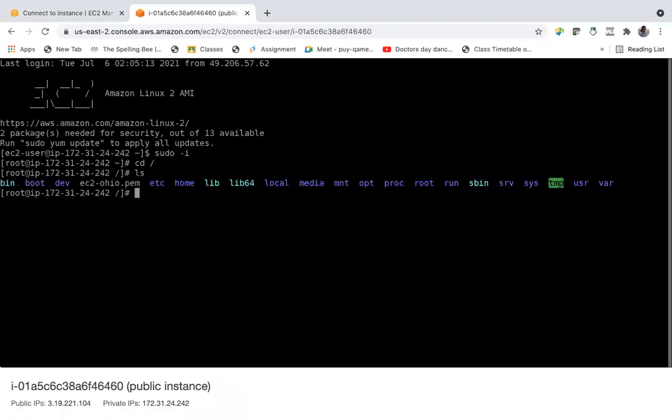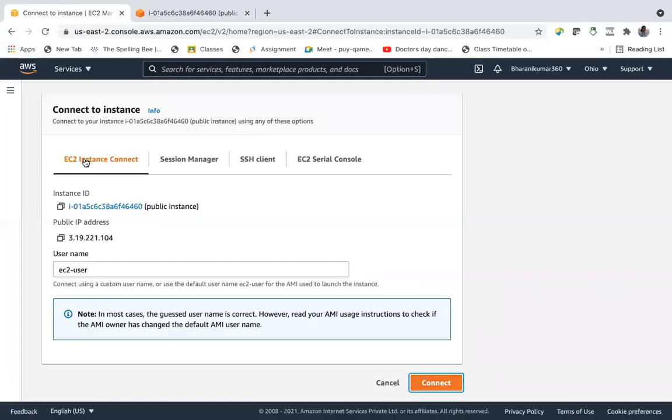We already created this EC2 key pair and copied it here. Now let us connect to the application server, which is private.